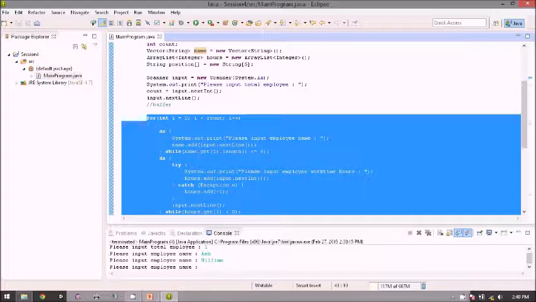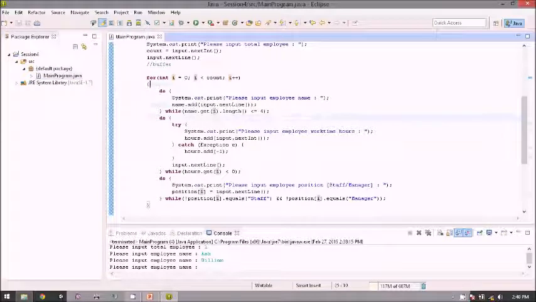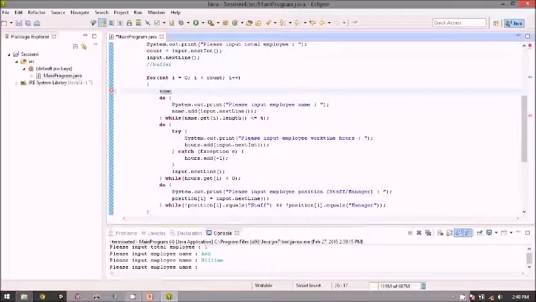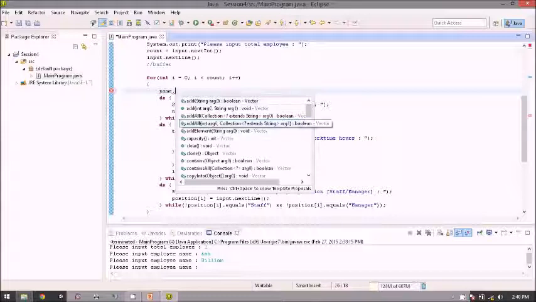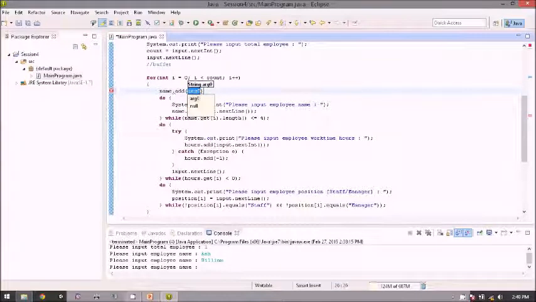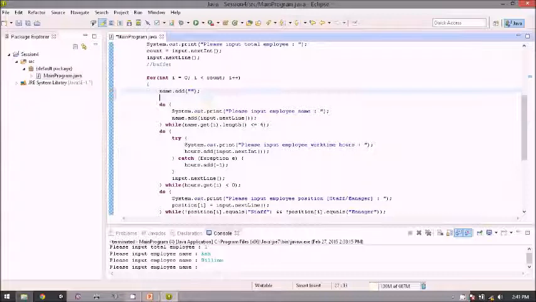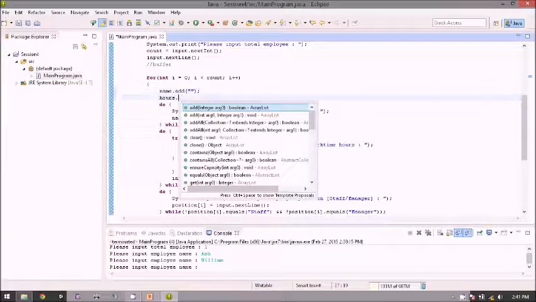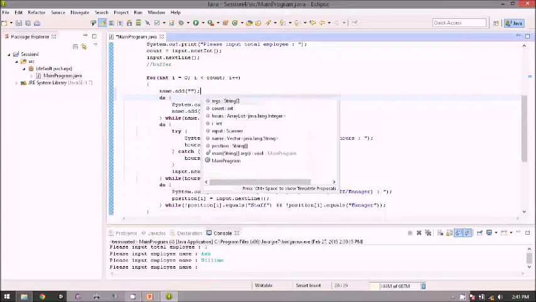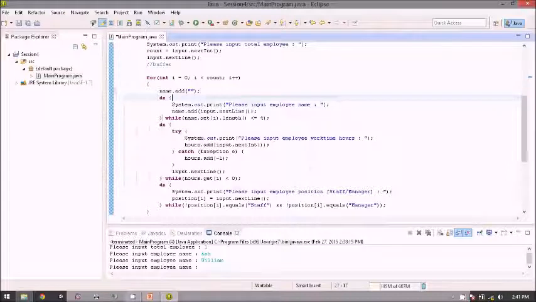To make things simple, we can use it like this. We add the data to the vector, so it will be the default value. Let's say for the name we add an empty string, and for the hours, leave the hours for later, we add the name like this.